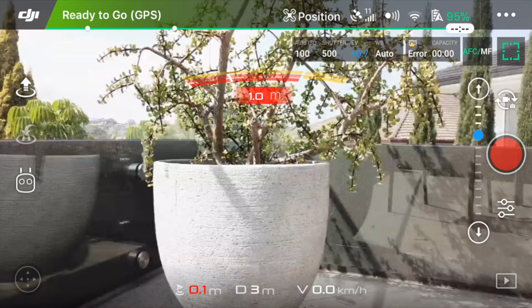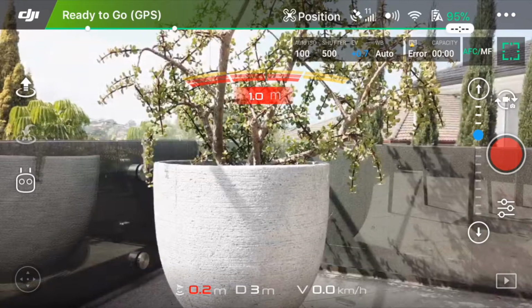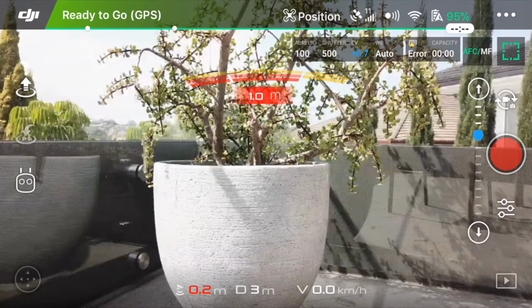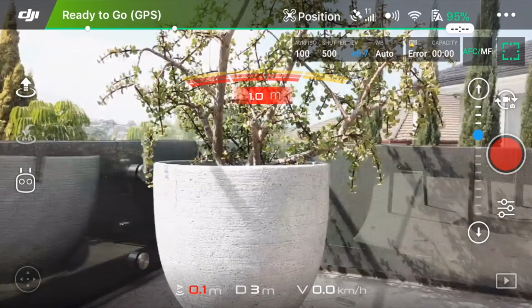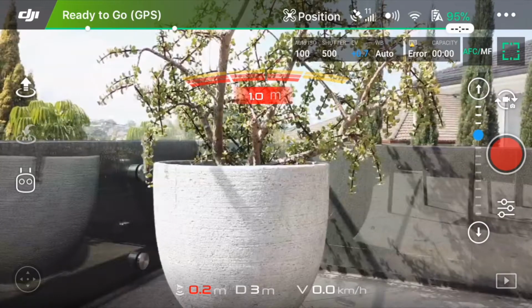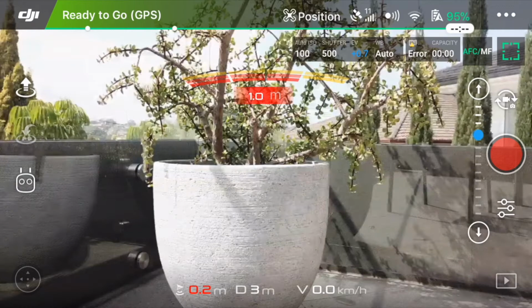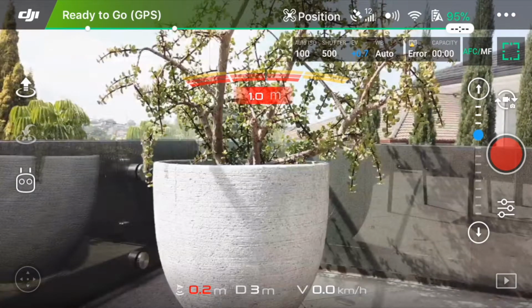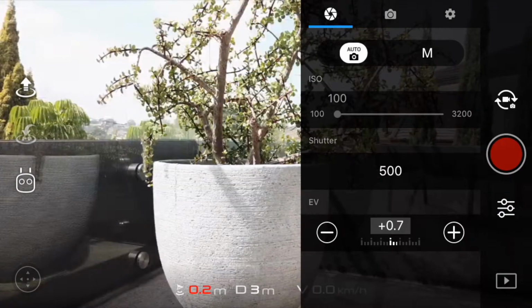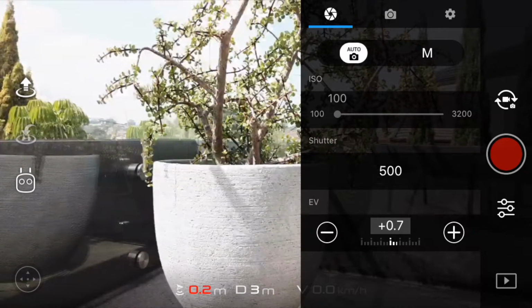Today we will be presenting you with the best DJI Mavic Pro camera settings. Let's get started. The first thing we want to do is to make sure that we are in video mode. To do that, click on the little icon above the camera button. Once you're in video mode, click the settings under the video button, then tap on the camera icon on the